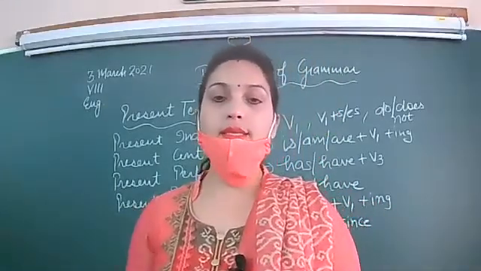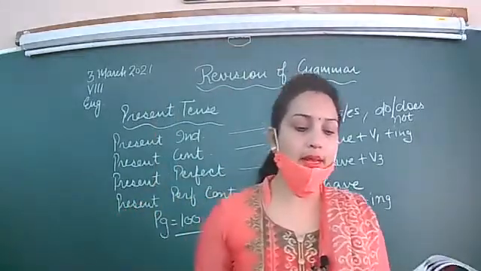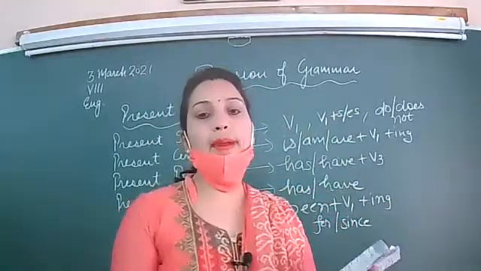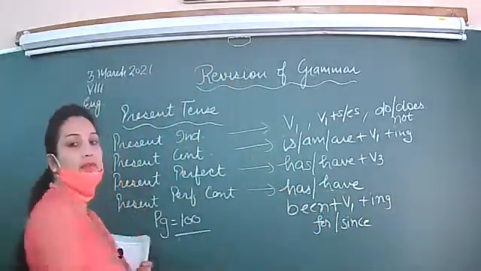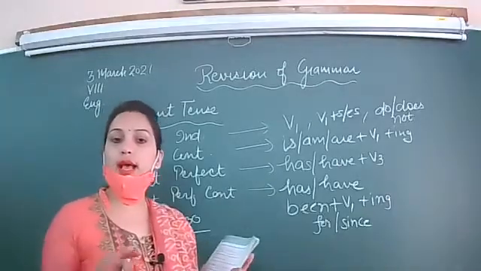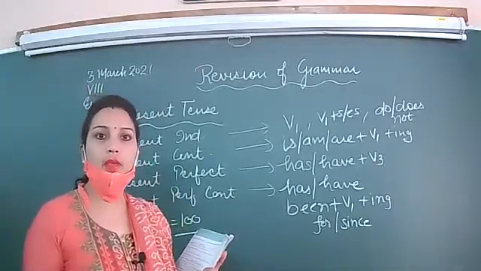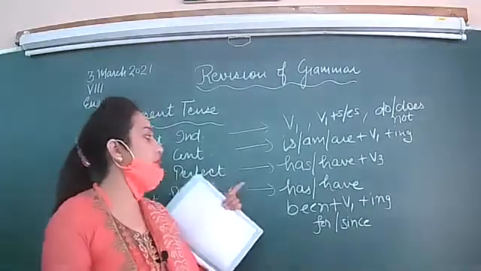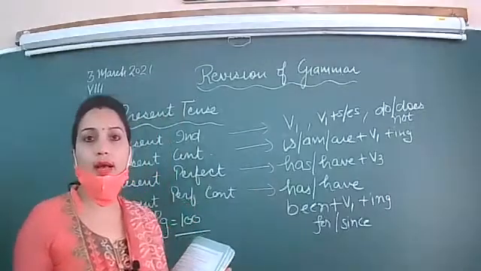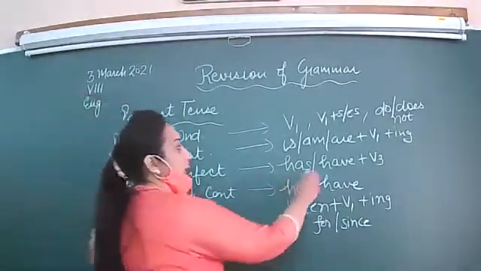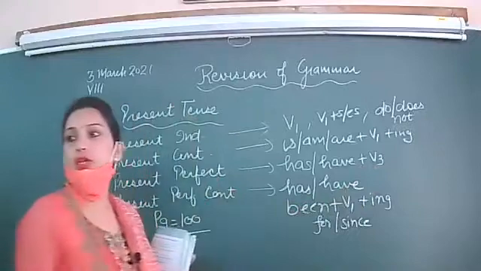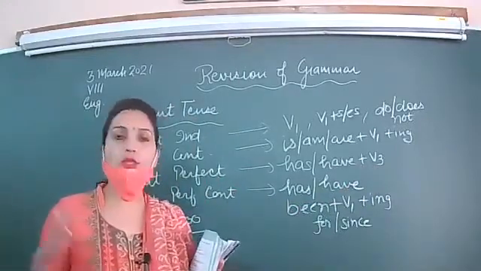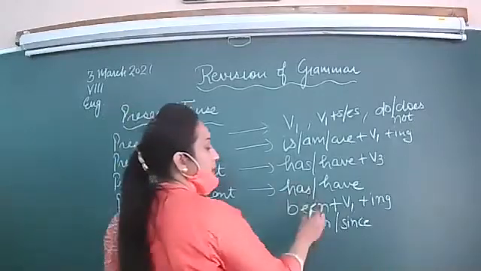Now we have last exercise of present tense, that is exercise number E. In exercise E, you have to fill in the blanks using present perfect or present perfect continuous. See, if your action has done, it has already done. For example, I have explained exercise A to D. So I have used here have. When the action has already done, then you will be using has, have plus third form. But if the action is still going for a fixed period of time or for a point of time, then you will be using has been or have been.